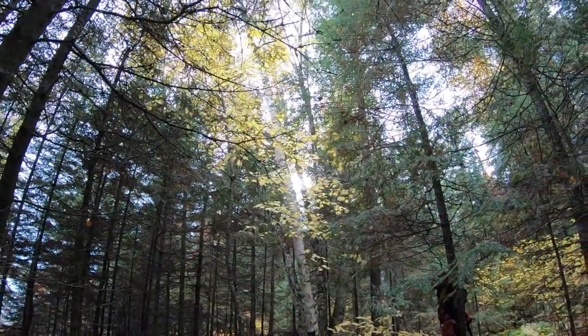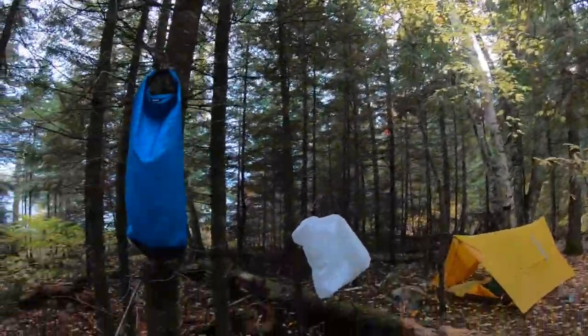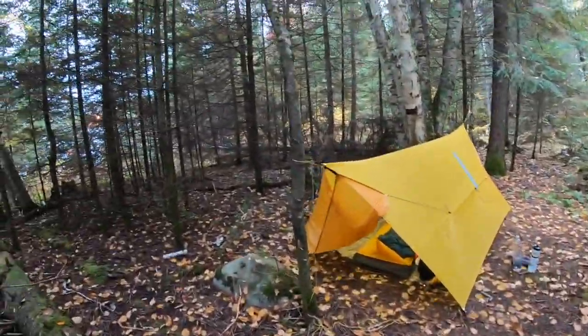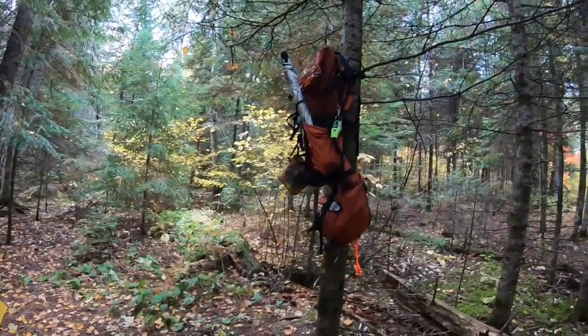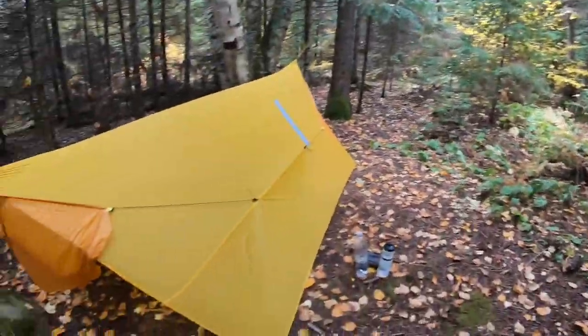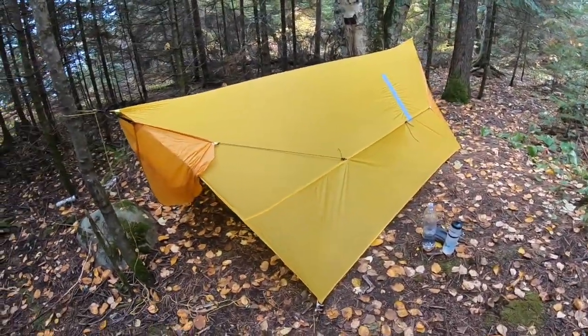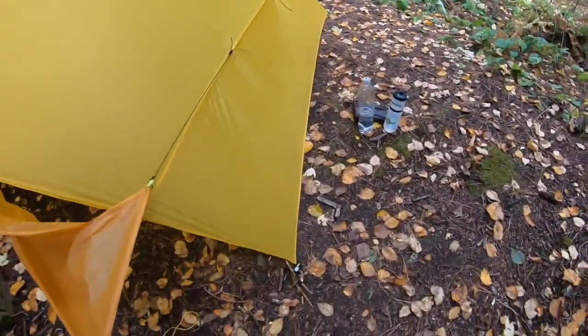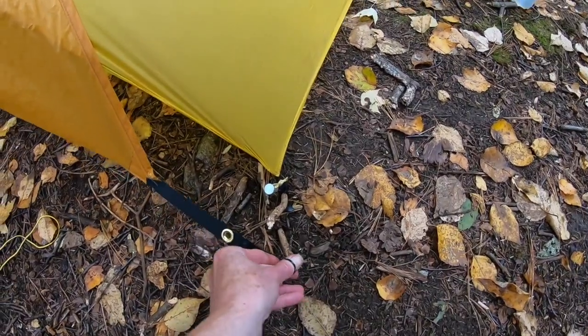The sun is just starting to peek out, which makes us very happy, but still drying out. And I had a little bit of a crisis. I thought I left my tent stakes at the last site. I'm going to show you what my shelter looks like. But